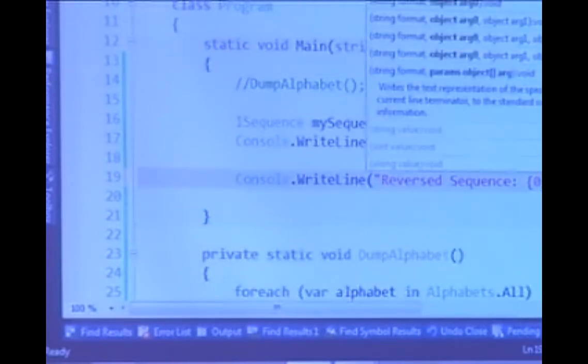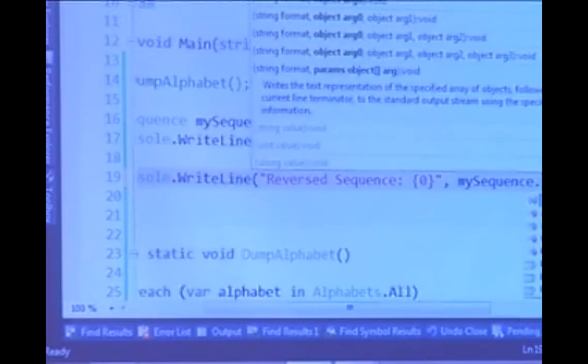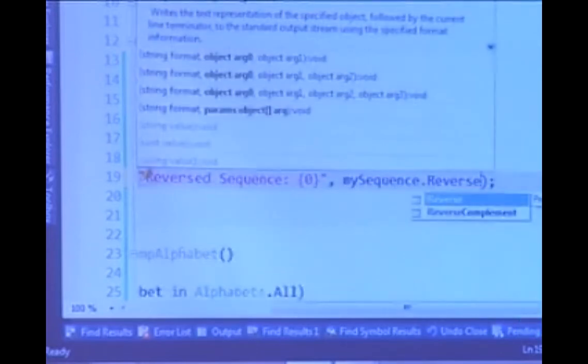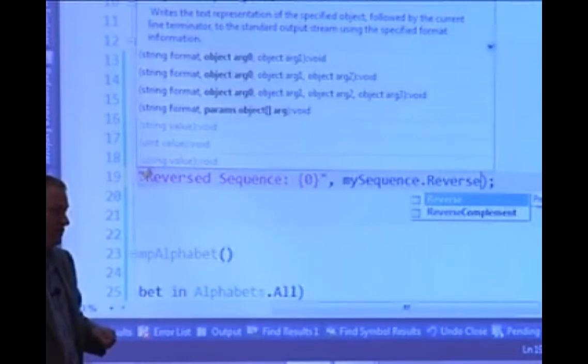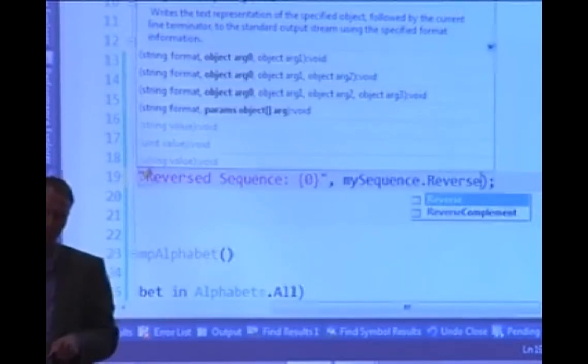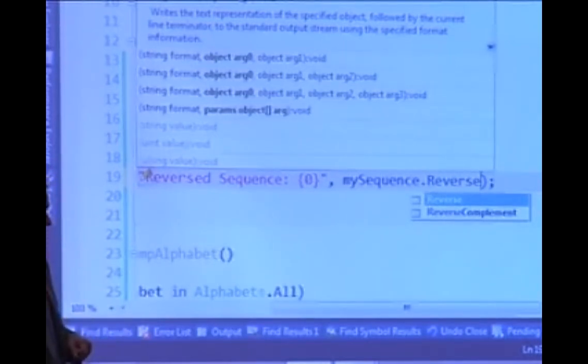Let's take my sequence and call the reverse property on it. It is a property, not a method, but notice its return value in the tooltip. It returns a new ISequence, and actually what it returns is something called a basic derived sequence, which really is the same, it's not actually copying the data, it's a little more efficient than that.